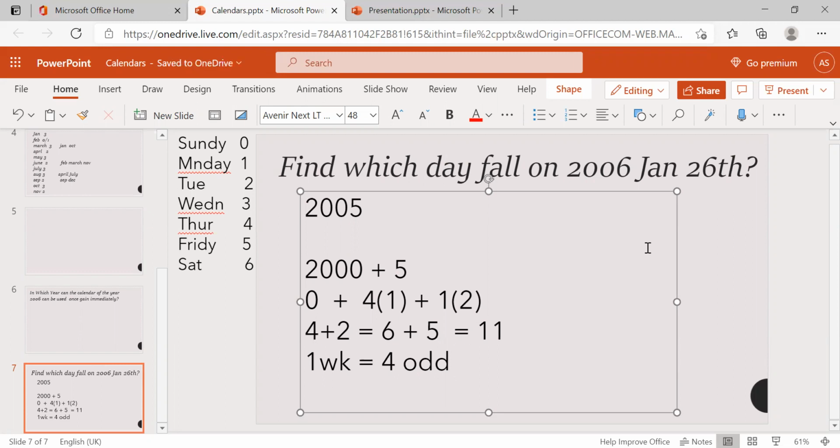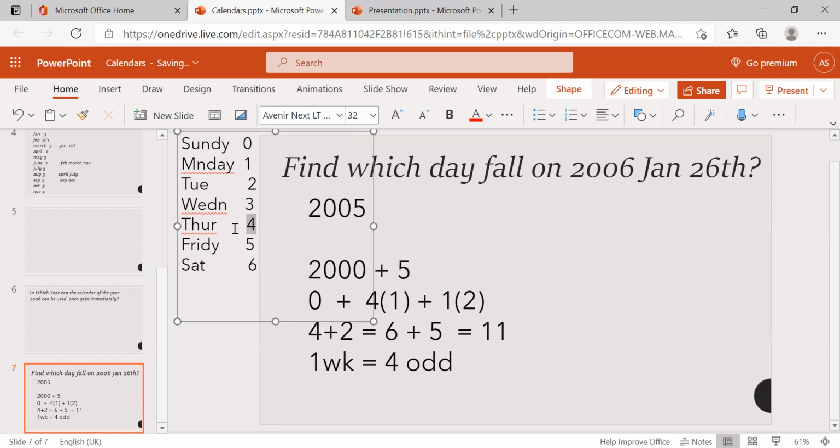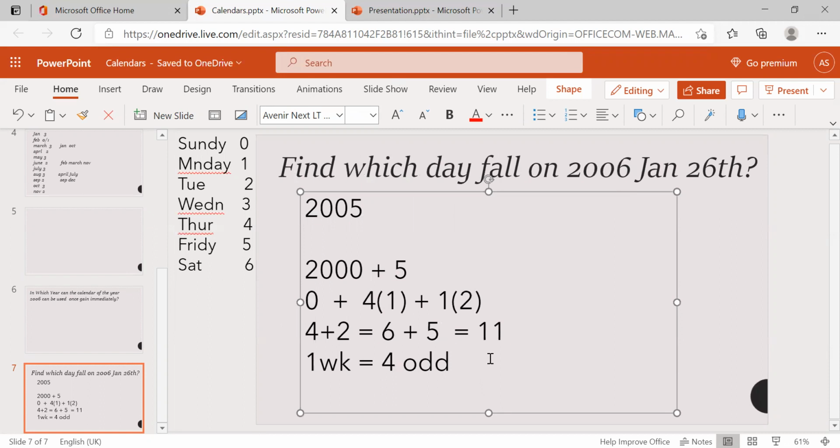And before, I said the odd day number represents the day. Here, the 4 represents Thursday. So 2006 January 26th will be on Thursday. Is it clear? What you have to do: first of all, find out the odd days, then the last odd days after making the weeks.